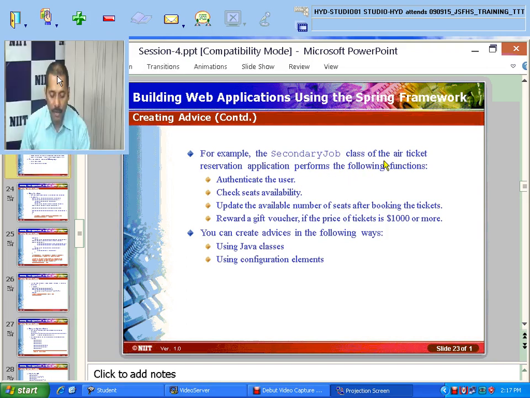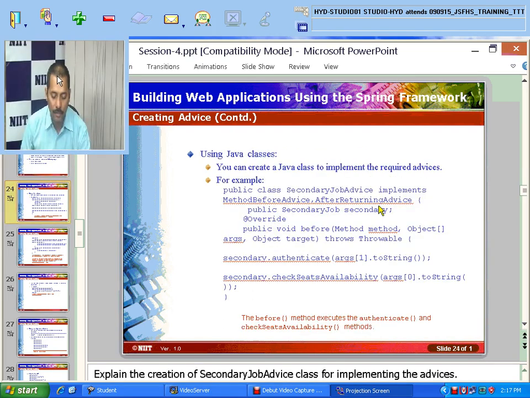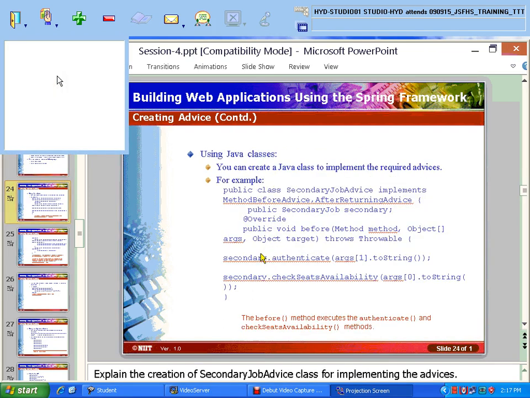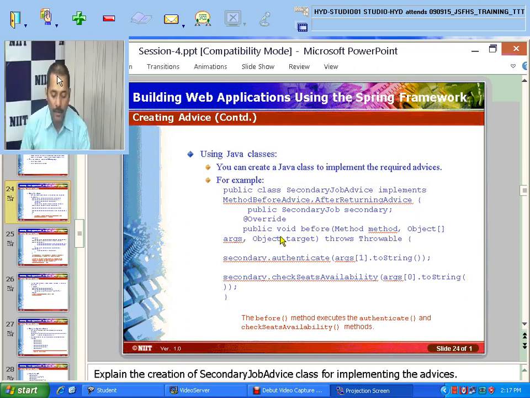Now, a secondary job class is ticket reservation, with the following functions: authenticate the user, check availability, update. You can create advices in the following way using a Java class and configure those elements. So I have created here a secondary job advice that implements the method before advice and after returning advice. You have created this Java class, and we have written the before method, and you may write the after